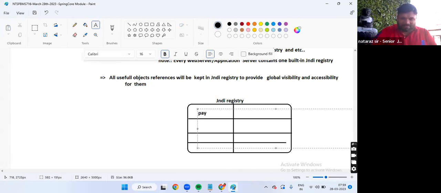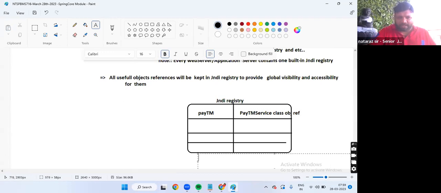Paytm is the nickname, and the value is the Paytm service class object reference. The JNDI registry internally manages all these things through map collections: keys, and objects or object references.